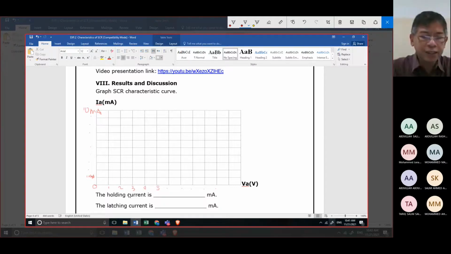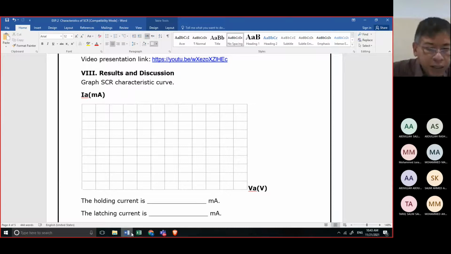As for our reading, before the 1 milli, you start from 200 microampere, 400 microampere, 600 microampere, 800 microampere before 1 milliampere.